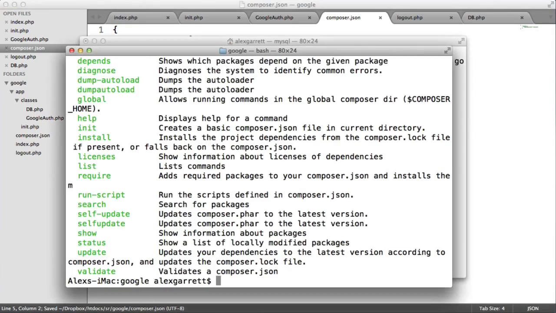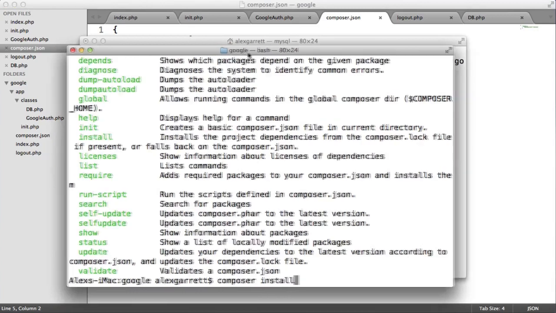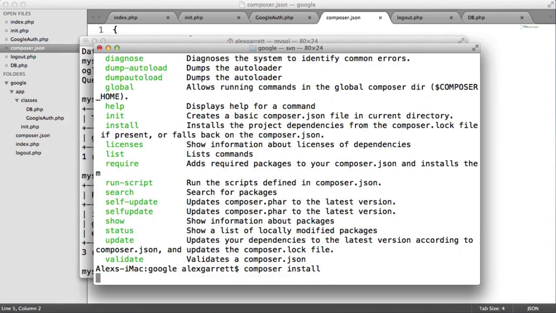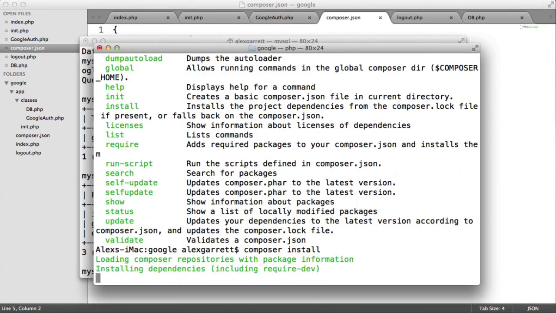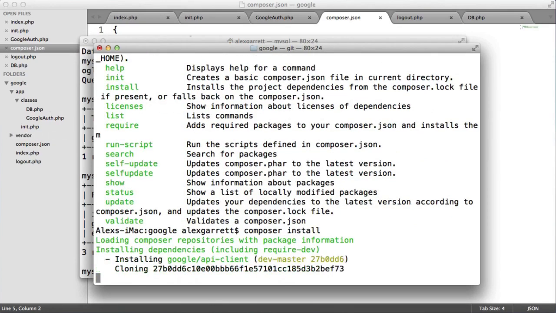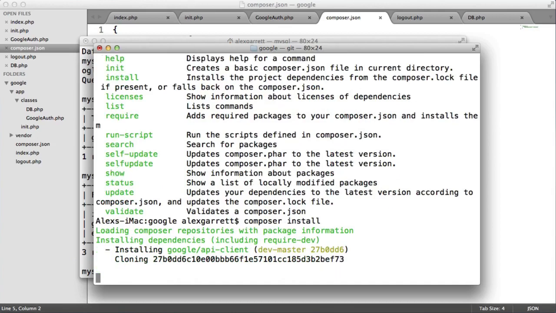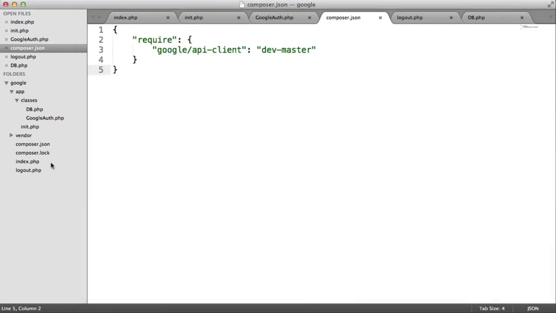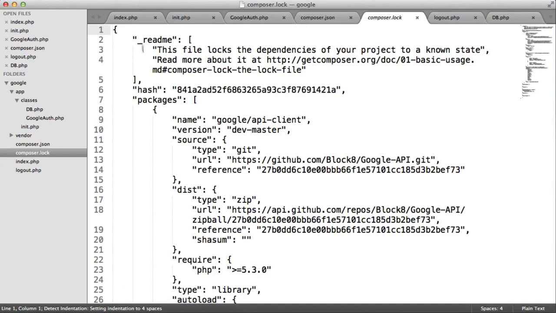Now we're over inside of this directory, we can use a Composer install. I'm not going to run this command just yet because I want you to pay attention to this area here. When I hit enter, you'll see a vendor folder automatically created, and we'll go through this in just a moment. So when I hit enter here, keep watching for that vendor folder. So you can see that the vendor folder has been created and everything looks like it's installed. So let's check this out here. You'll notice that composer.lock file has been generated, and you can see here the README. This file locks the dependencies of your project to a known state,